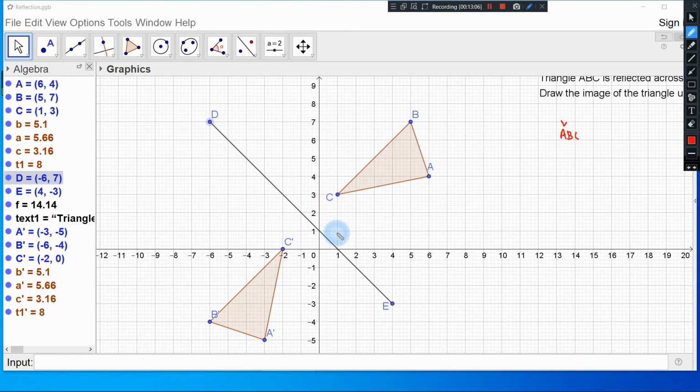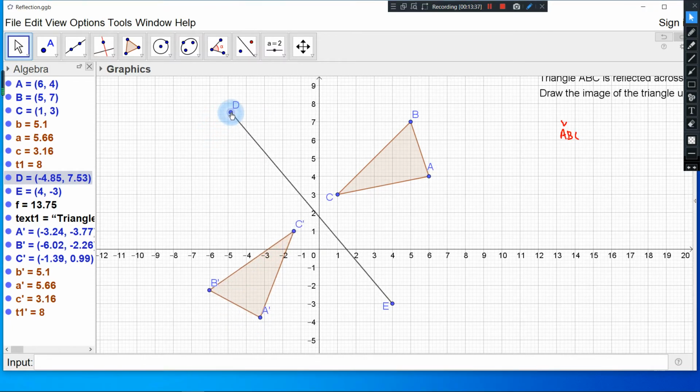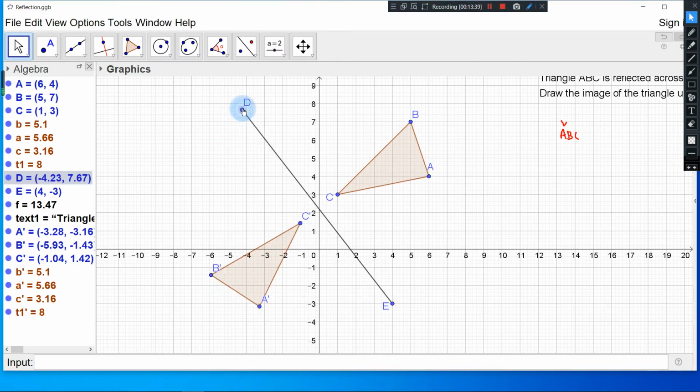1, 2, 3. Stop, turn direction. 1, 2, 3. How about this? 1, 2, 3, 4, 5, 6, 7, 8, 9, 10, 11. Stop, turn direction. 1, 2, 3, 4, 5, 6, 7, 8, 9, 10, 11. Okay, do the same thing for the vertex A. But if this is not 45 degrees, for example,